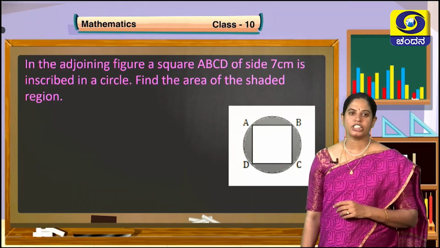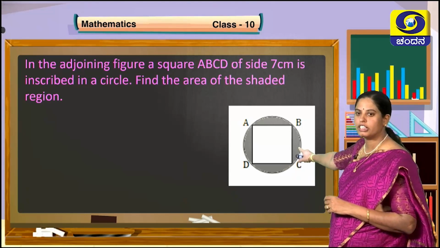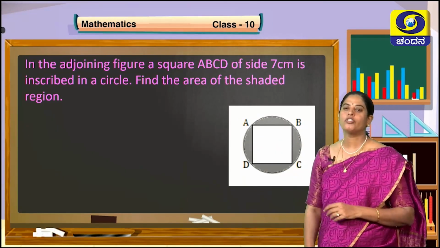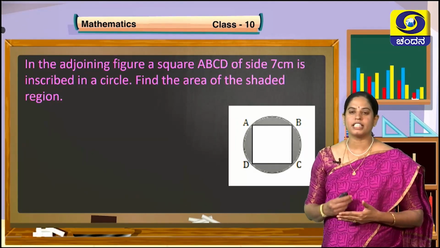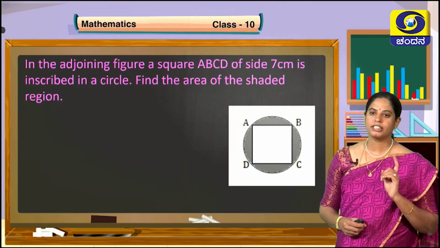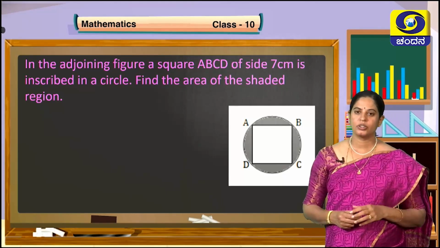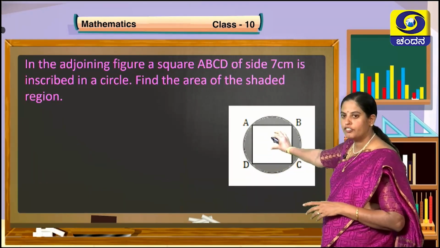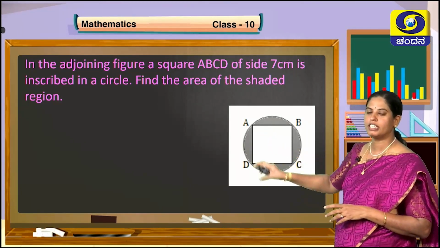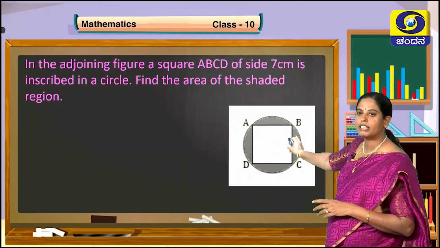Find the area of the shaded region. Here there are 4 shaded portions. So you have to find the area of this shaded portion. How to find the area of this shaded portion? Think. Yes, you are right. If you know the area of the circle, if you take out the area of the square, you will get the remaining